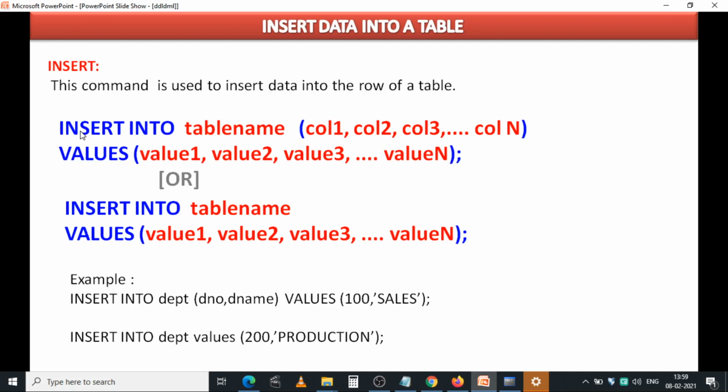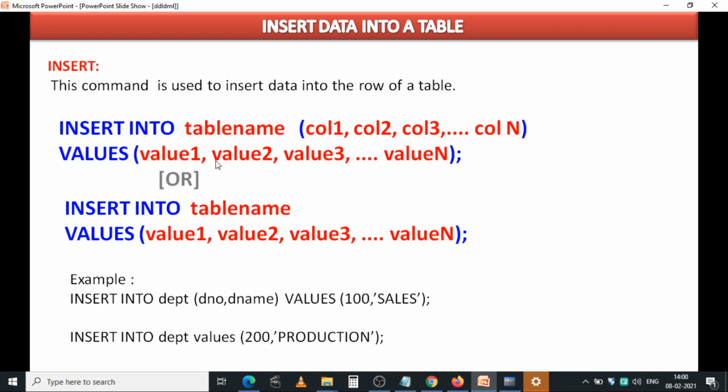This is the syntax for single record insertion: insert into table name, then in parentheses you write column 1, column 2, column 3, and so on, column n, then the keyword values. After that you mention the values: value 1, value 2, value 3, and so on, value n.